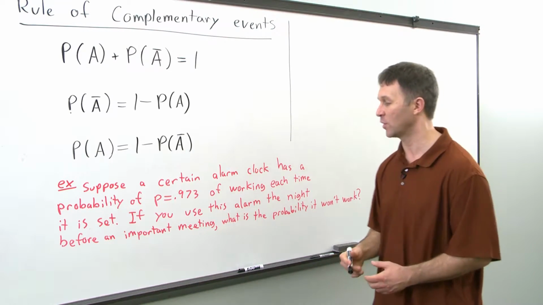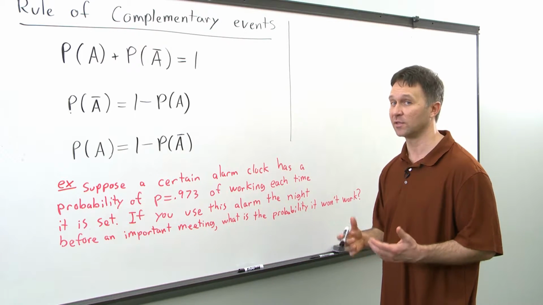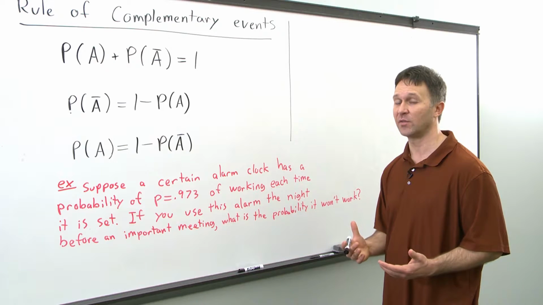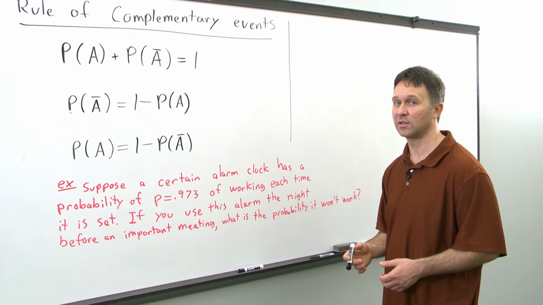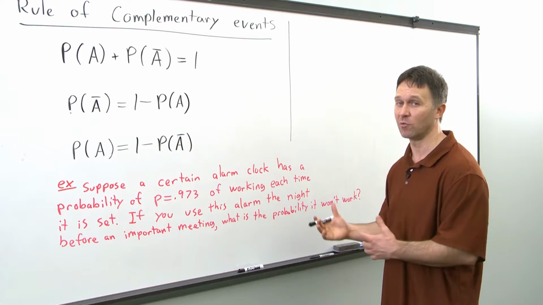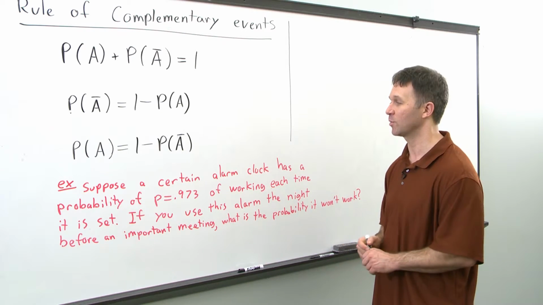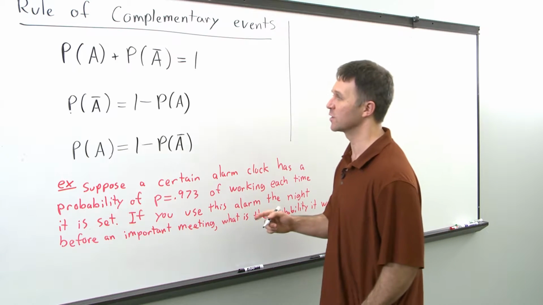Now I want you to notice that the event of the alarm working is the complement of the event that it won't work. In other words, the alarm clock is either going to work or it won't work. So those two events are complements. So to solve this problem,